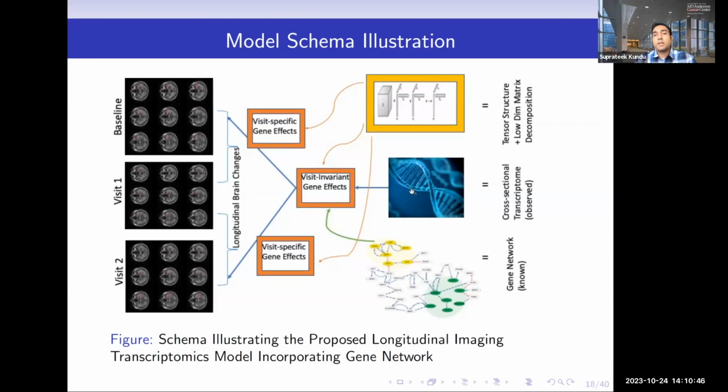These are observed. So these regression coefficients are split into visit invariant gene effects, or the core tensors, and the visit-specific genetic effects, the perturbation tensors. And each of these effects has a tensor representation. So this is what these arrows imply. They all have a tensor structure. On top of that, the time-varying genetic effects are influenced by the gene network. And I'm going to get to that in a second. Right. So this is a very toy schematic way of representing our ideas.